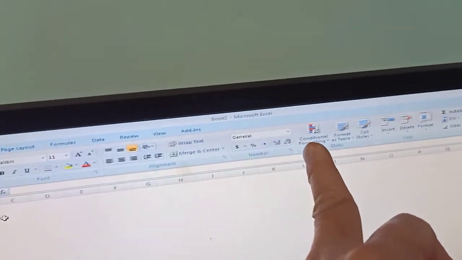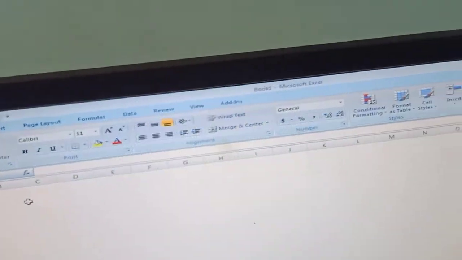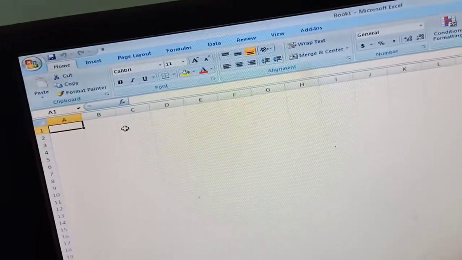You can use these icons to store information. In Excel there are columns A, B, C, D, and there are so many rows. In Excel you will get the first sheet, second sheet, third sheet. As you go forward you will get many sheets, many pages.